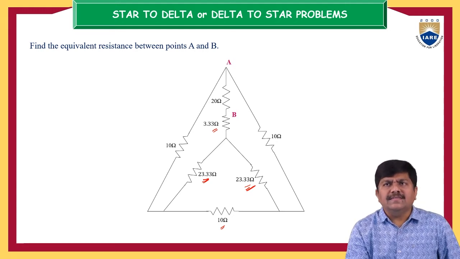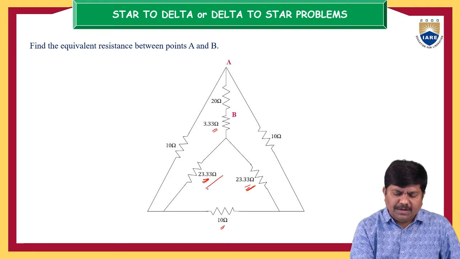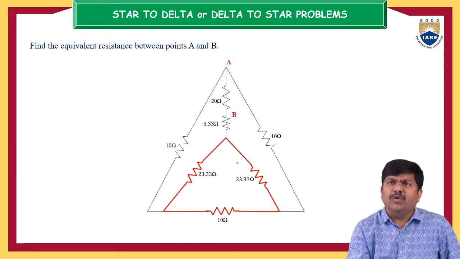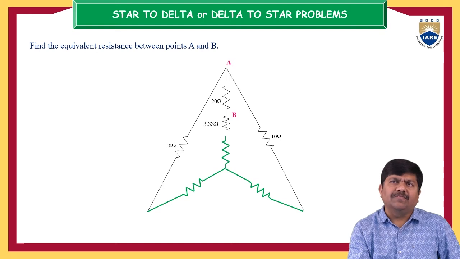But my sincere appeal here is, you have to choose the option such that the complexity of the given electrical network is further simplified. That is my one and only sincere appeal. So here I am going to eliminate this delta, shown in red color, and equivalently represent it with a star equivalent. Now see, this is the star equivalent.